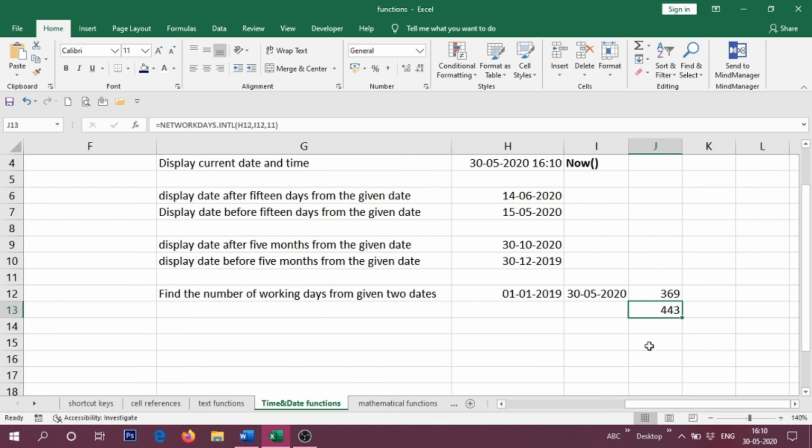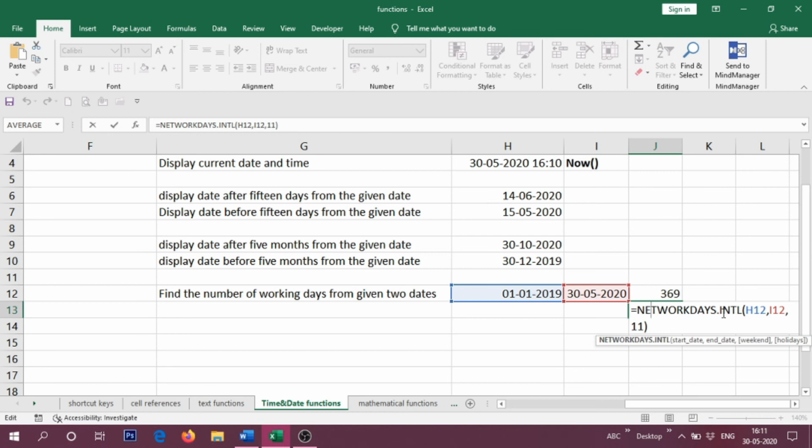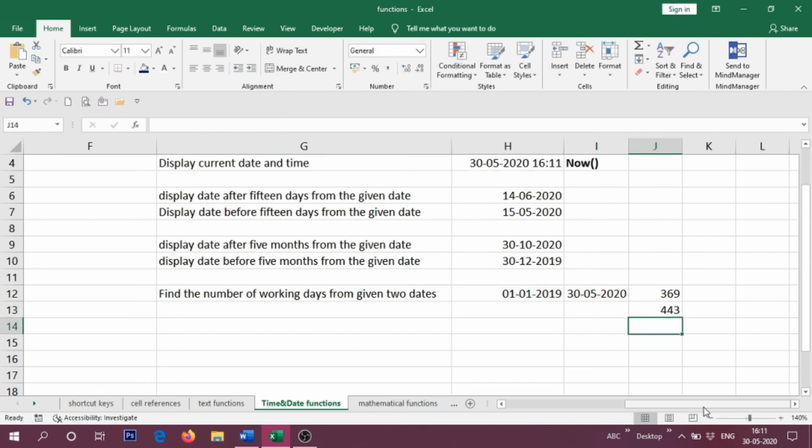So if your company works on Saturdays also, you can use this formula, NETWORKDAYS.INTL, and here you select your weekend. Suppose I want to exclude some holidays. Type the holiday list separately.